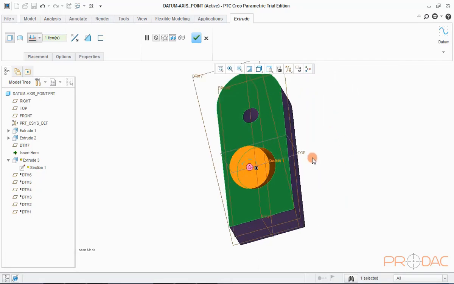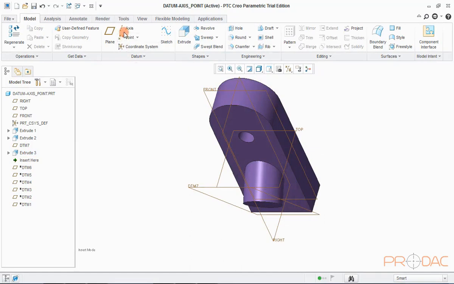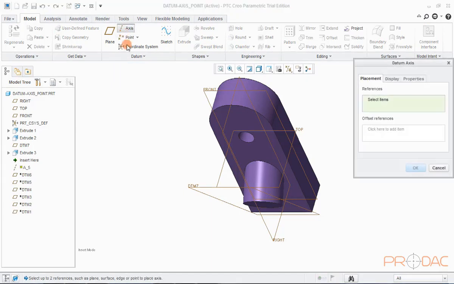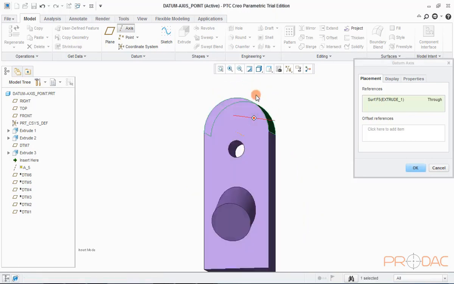Next, we'll learn to place a datum axis. Click on the button labeled axis on the top menu bar. A pop-up window appears where we need to define references. The outer circular surface is selected as a reference here. Once we click on this surface, an axis is created at the center.